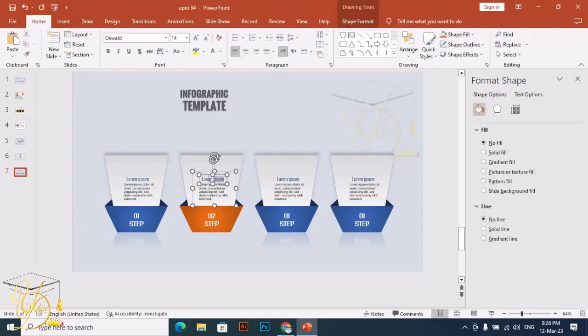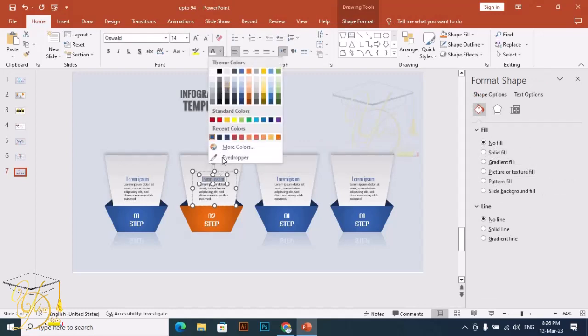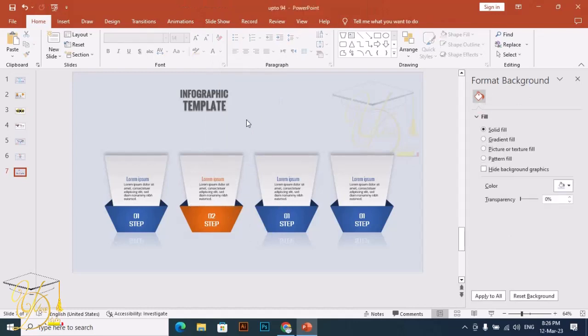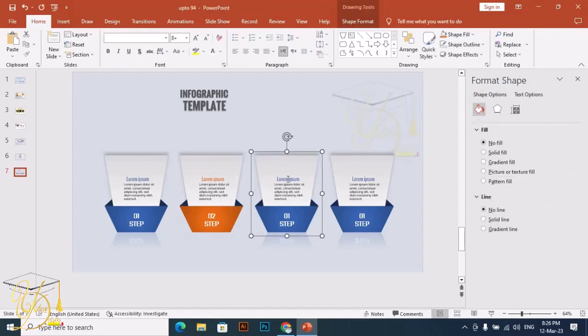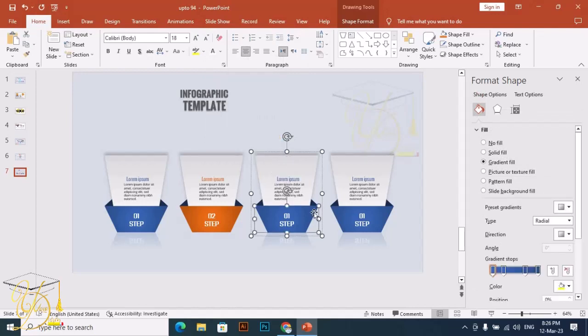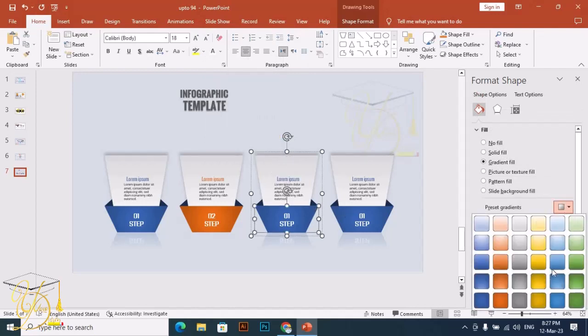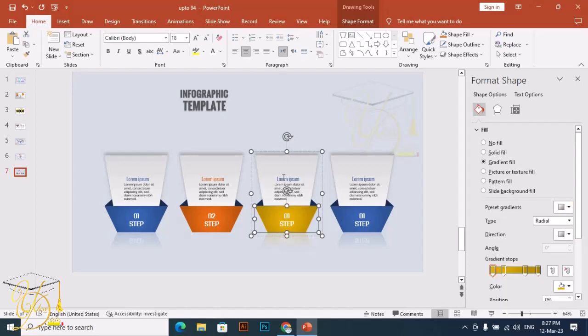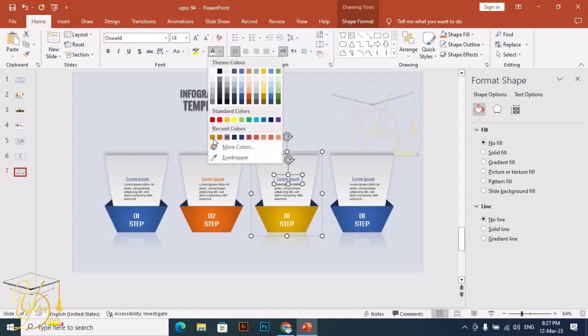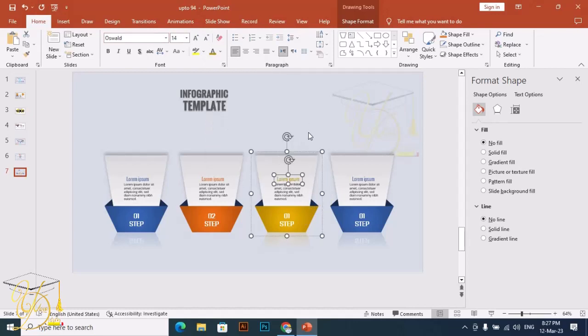Let me select this and give it the color according to the shape. Now I'm going to select this text and give it color according to the shape. Let me select this one. Select and through the eyedropper or recent color,